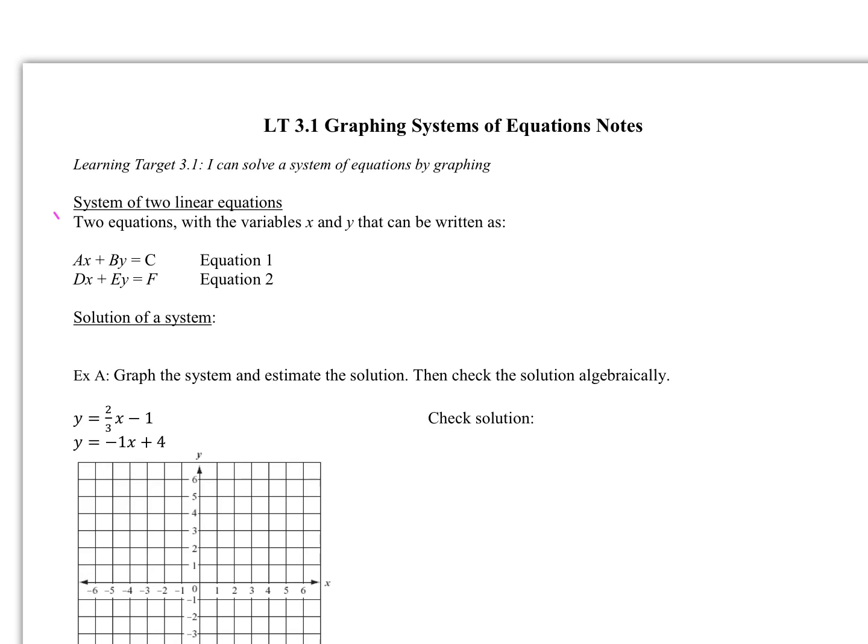Okay, so we're going to talk about systems of equations, which you did on the Desmos. It's basically where you have two equations, you're graphing them, and you're finding where they cross, right? So I kind of already gave you, it's two equations. So when I asked what the solution is, it's where they intersect, right? So the solution of a system is where two lines